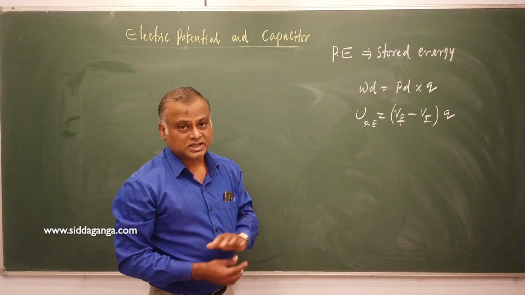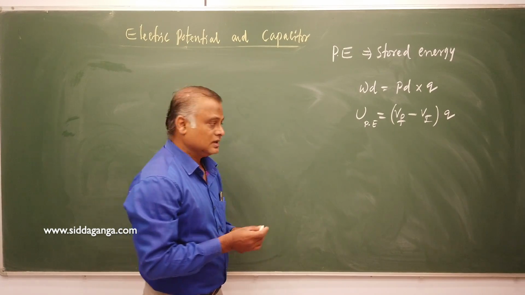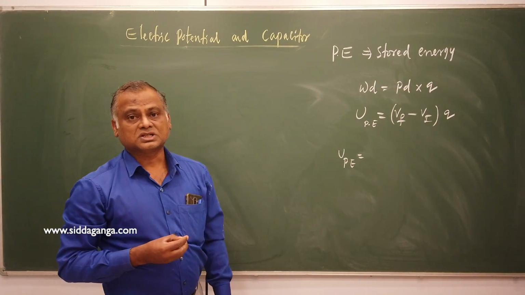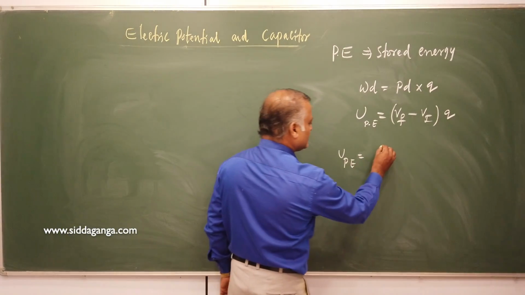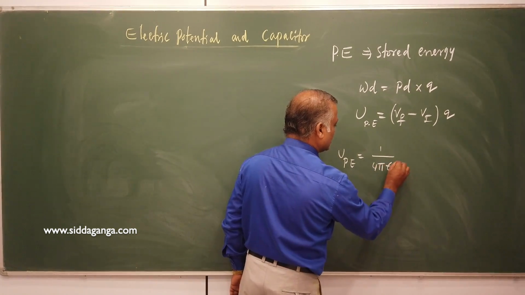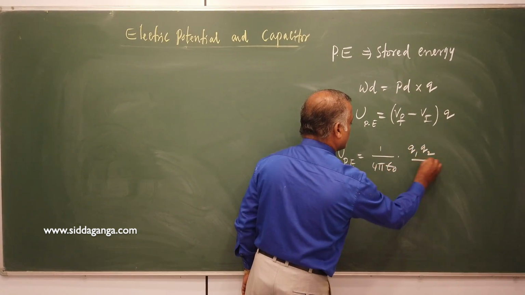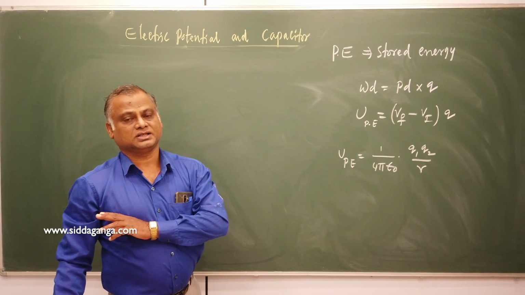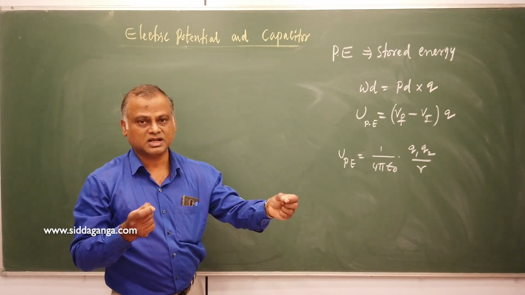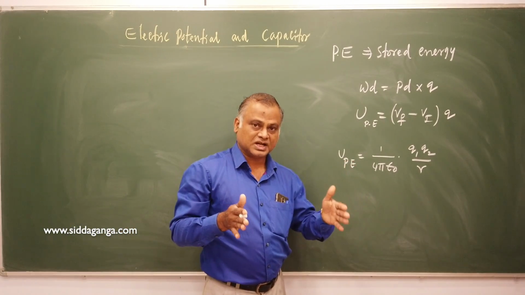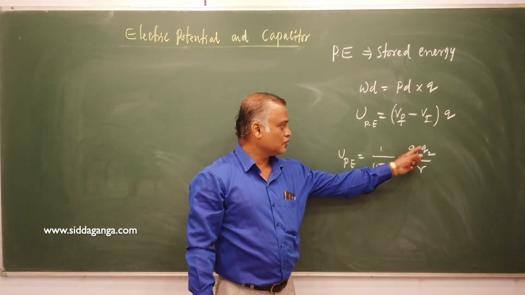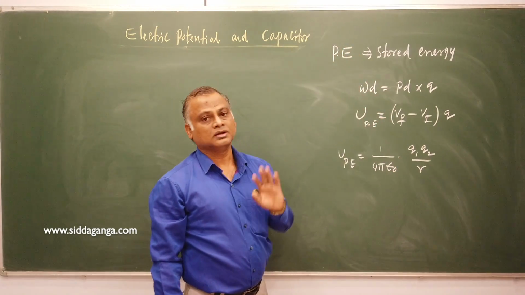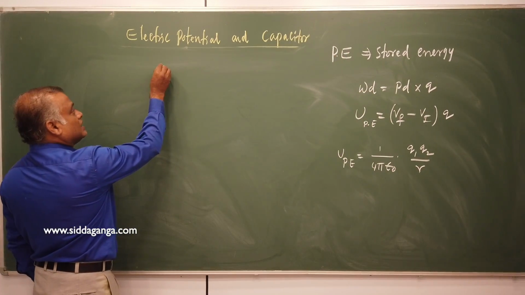Now, we have to derive the formula, that is, potential energy due to a system of 2-point charges, that is 1 by 4 pi epsilon naught into Q1 Q2 divided by R, due to a system of 2-point charges, say Q1 Q2 separated by distance R. The stored potential energy is 1 by 4 pi epsilon naught Q1 Q2 by R. To derive this, the basic idea is this. But here they say that